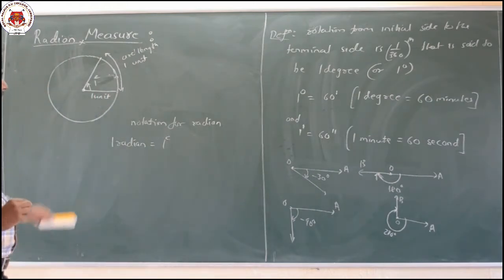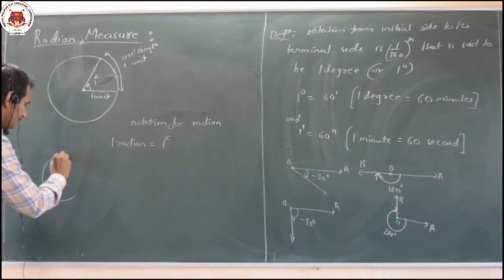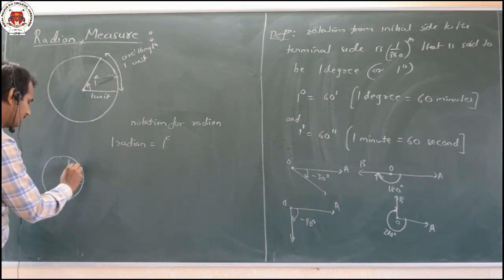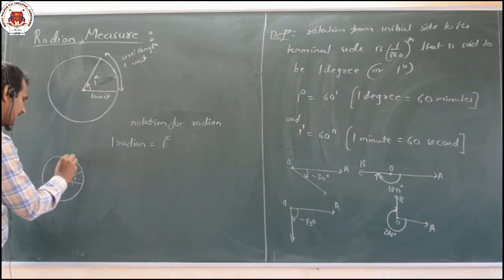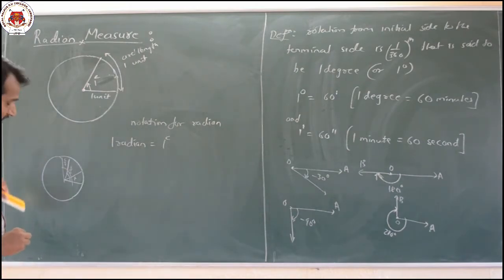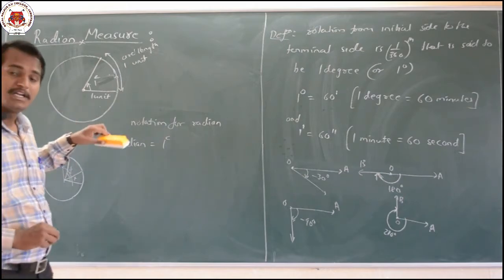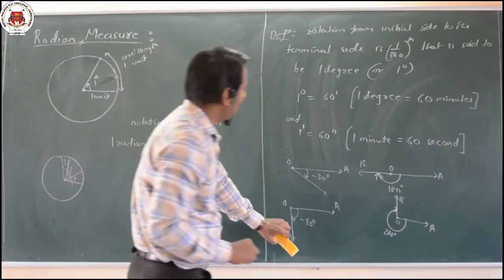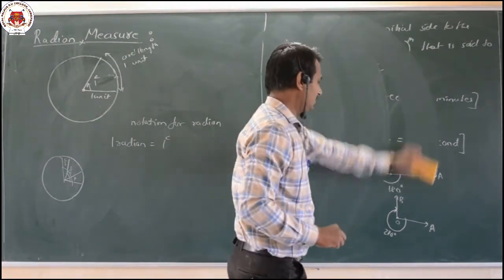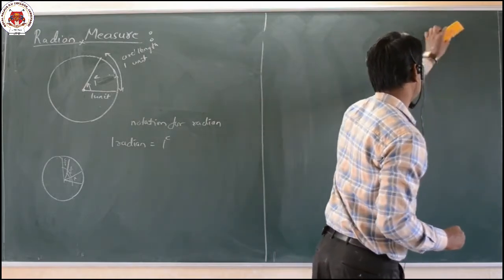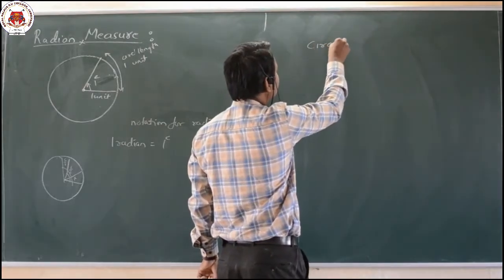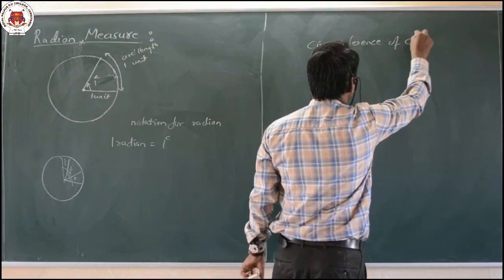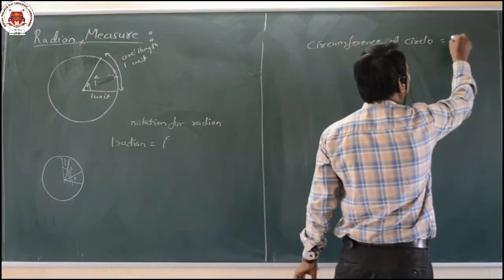Then such a thing is said to be 1 radian. Now, once it is 1 radian, again it will be 2 radian, again 3 radian, and so on. That means in a circle, how many radians do we have, in a particular circle how many radians do we divide it into, that we shall observe. Since we know the circumference of the circle, what is the formula? The circumference of the circle is 2 pi r.